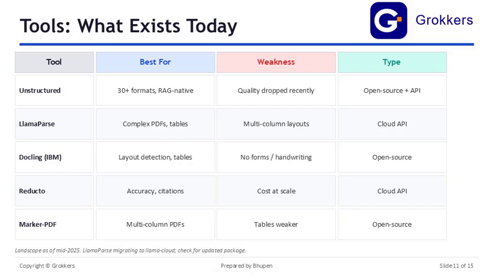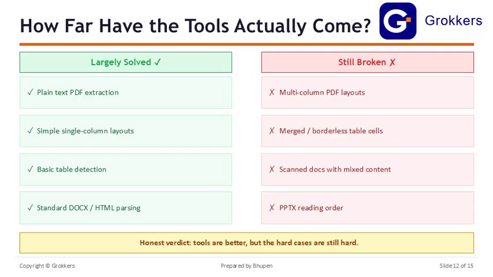Marker PDF handles multi-column layouts better than most, but is weaker on tables. The practical choice is not to pick one and commit. It is to test 2 or 3 on a representative sample of your actual documents before making a decision. The honest answer to how far tools have come is significant progress on the easy cases, limited progress on the